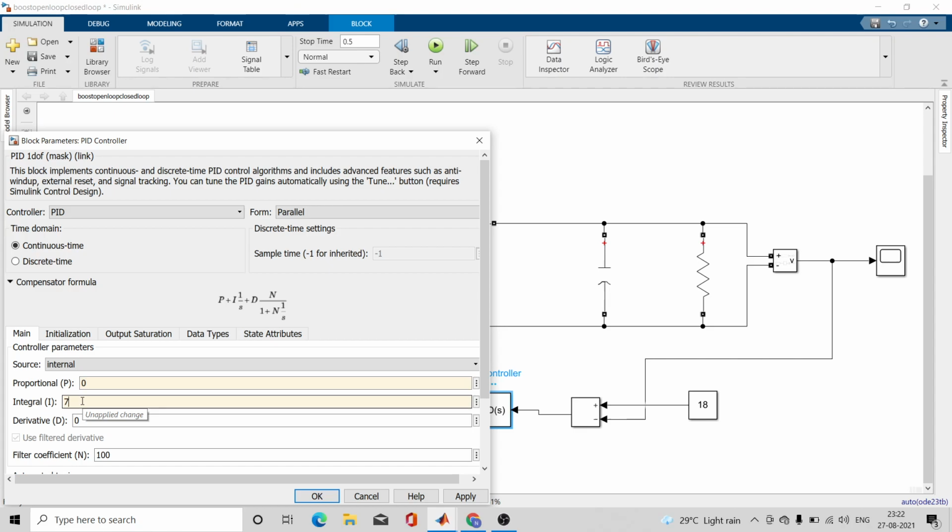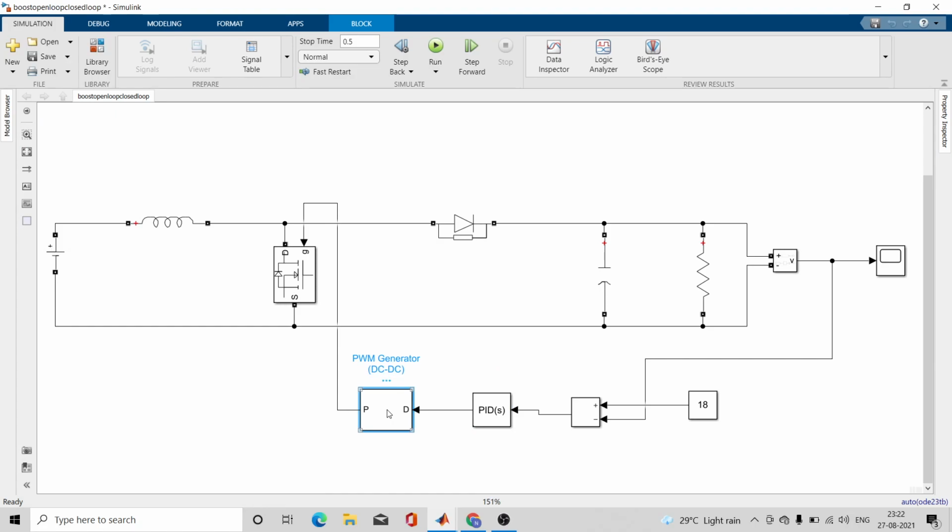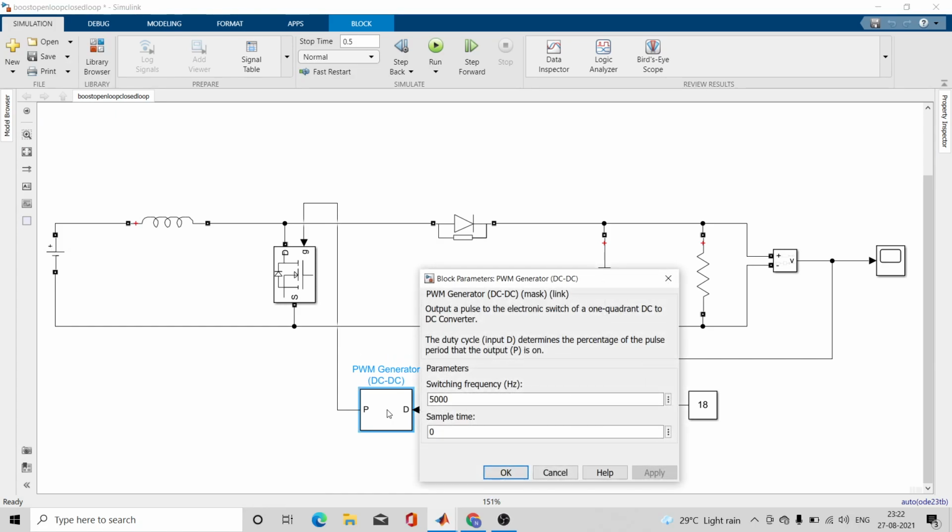The applications of PID controller are very vast, but I'm just sticking to how to use it in this boost converter. So here in PID controller I'll only require the integral controller in order to boost the output. Apply. Okay.